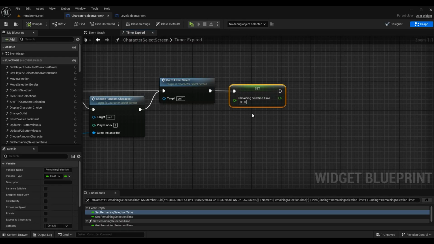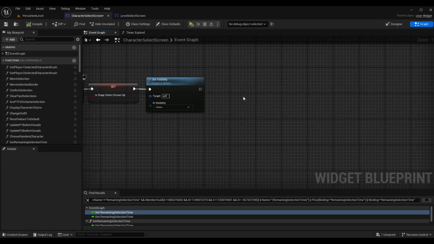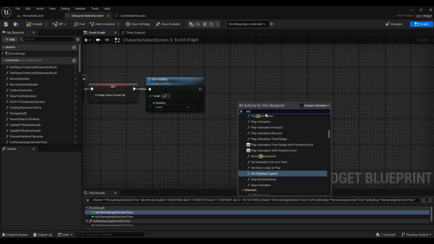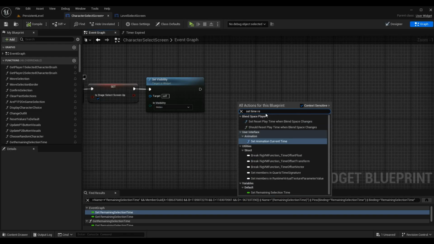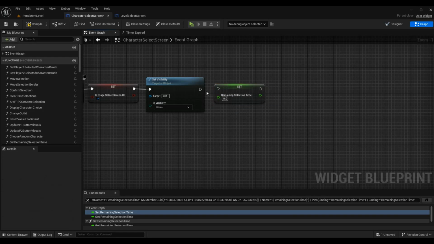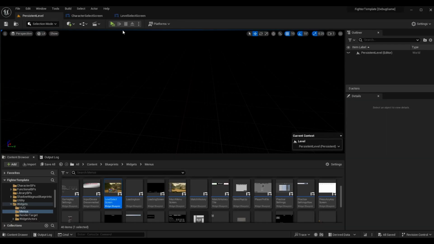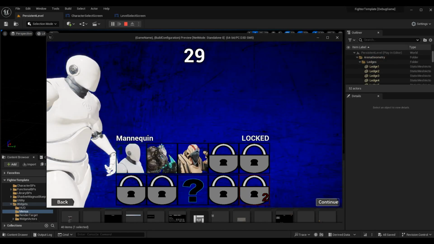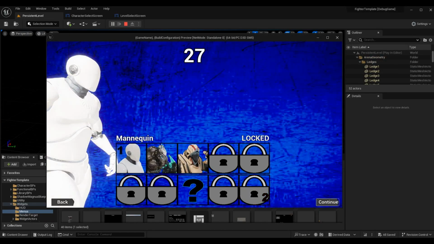So we can simply do this by copying this node in timer expired and putting it here, or we can type set time remaining, or remaining selection time is the variable name. And we can set it to 30. We really should have a default value that we can set it back to, but this will now work for this specific case. So if we come in here, we let it go down a few seconds,